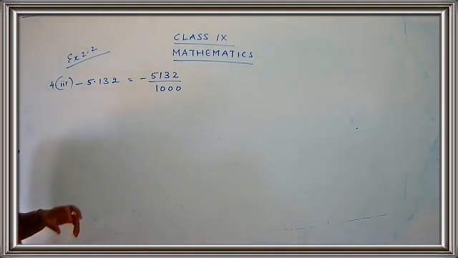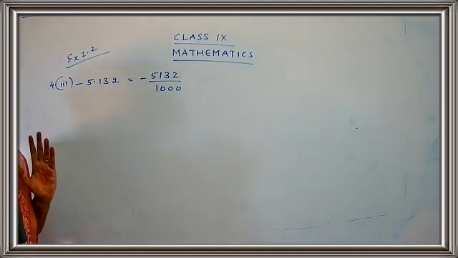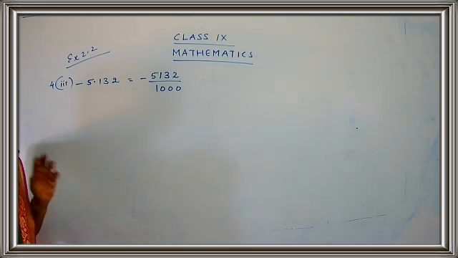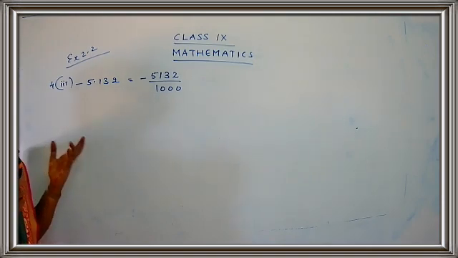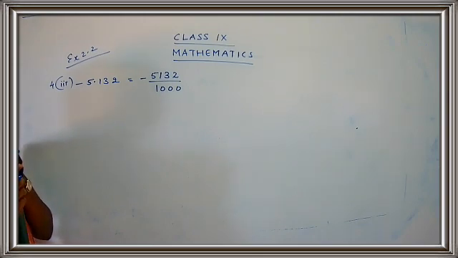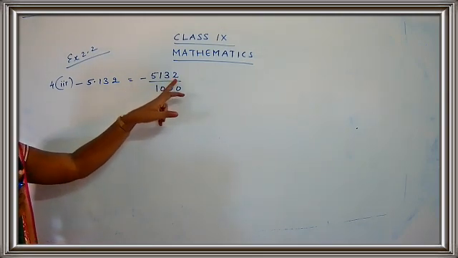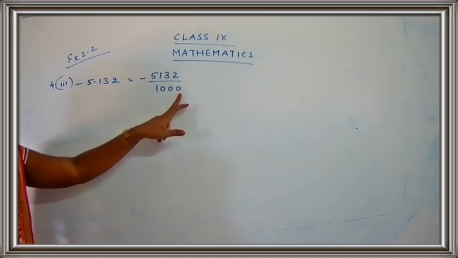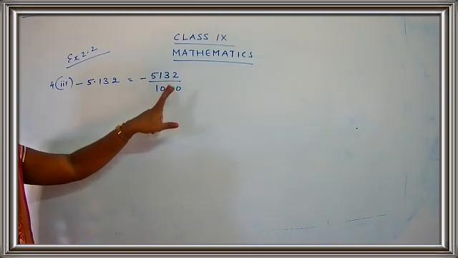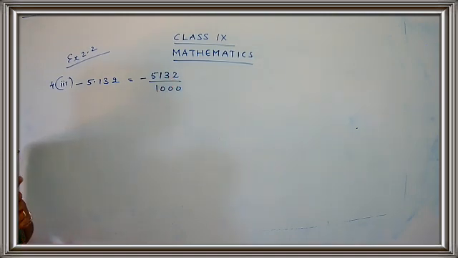Now, if the simplification is possible, we have to do the simplification. You would have done the simplification in your lower classes. So we can just go on dividing by the numbers. Here the last digit is 2, here the last digit is 0. So these two numbers will be divisible by 2.